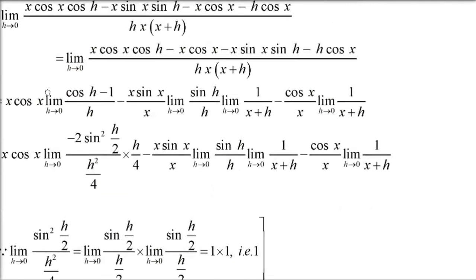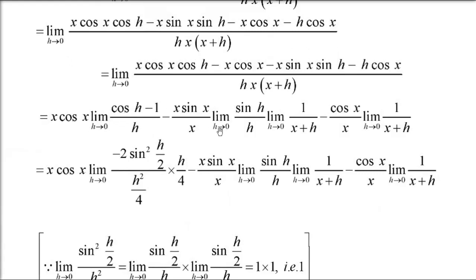And this whole is going to be 0. Now coming to this first term we have taken, x sin x, sin h. Now this has x plus h. So sin h and h, just take them separately. So sin h by h, apply the limit. This is going to be 1.